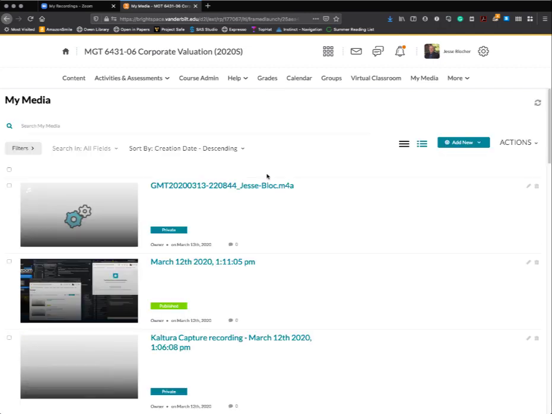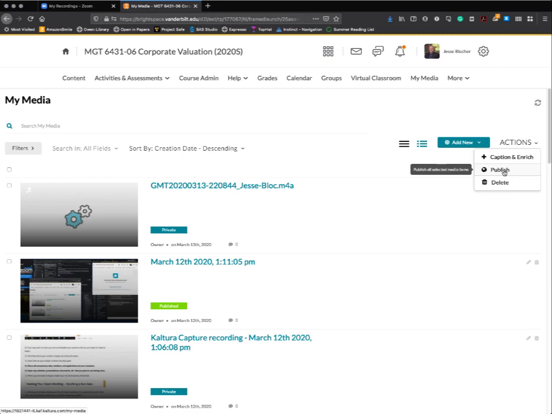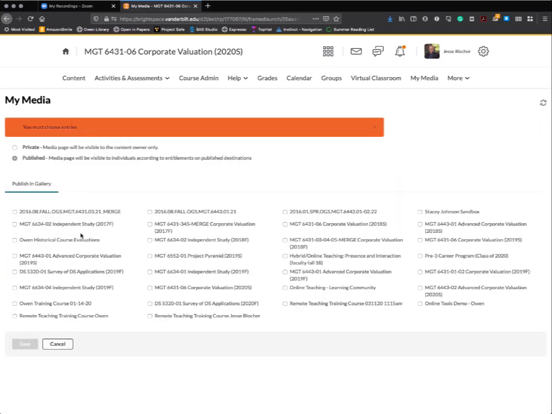I think it takes a little while to process. When you see these little gears going, that means it's still kind of processing the video. It still says private, so we need to publish it. So you need to go over here to Actions, and you need to go to Publish. And here's where you take it, and you need to put it in your course, right? So I guess I can put it in like my online tools demo course that I'm using. You would choose your own course, whatever course you're teaching now, whatever your course is, you click Save, and then it'll show up in your course, and it's all ready for you to put it wherever